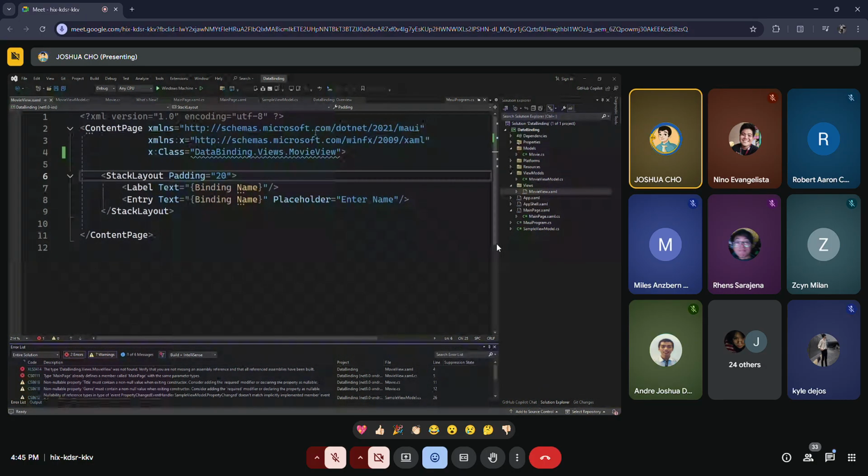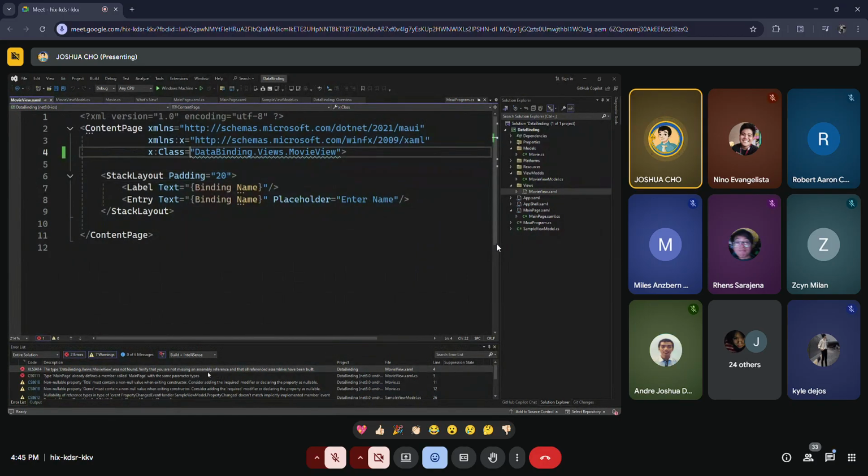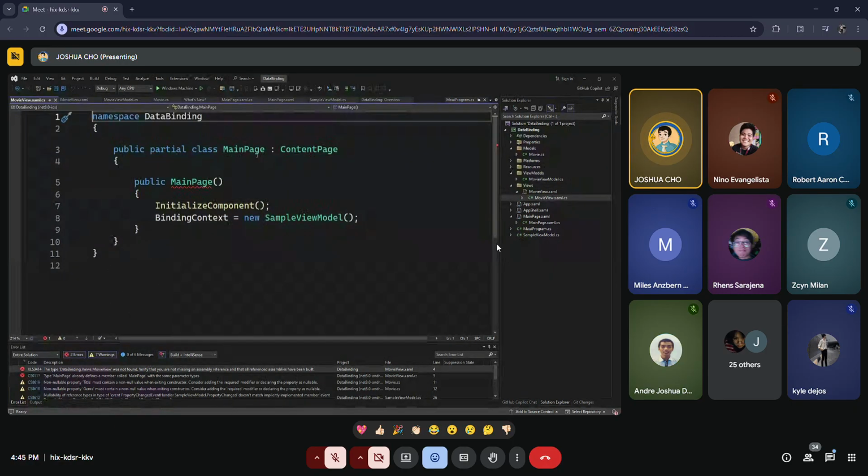Bam. Data binding. Verify the missing assembly. Oh, maybe the CS file, no? Ah, there.